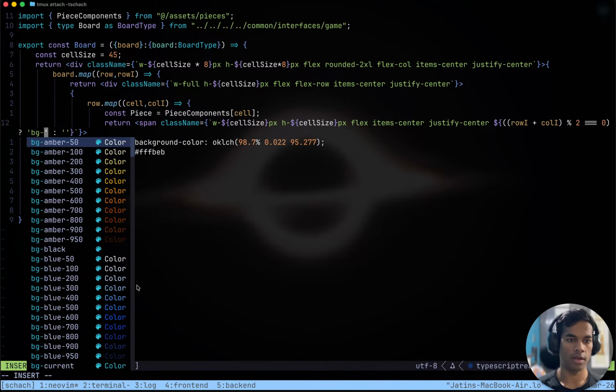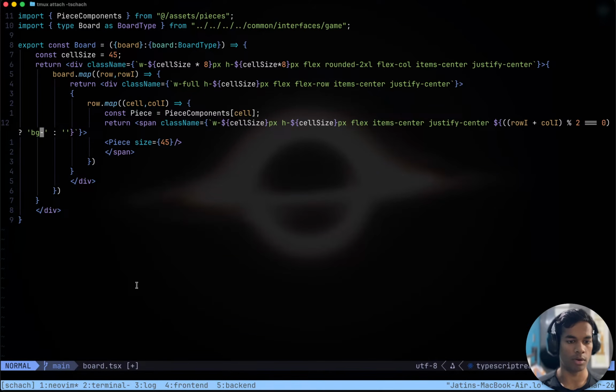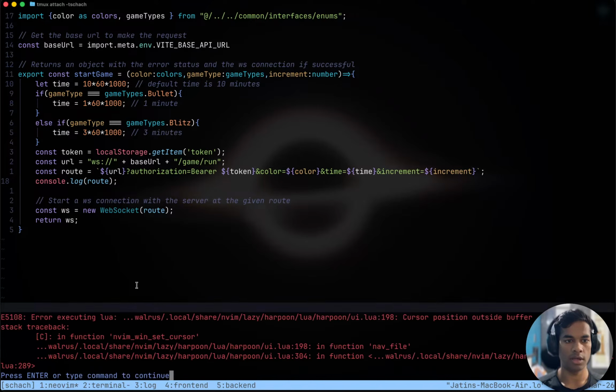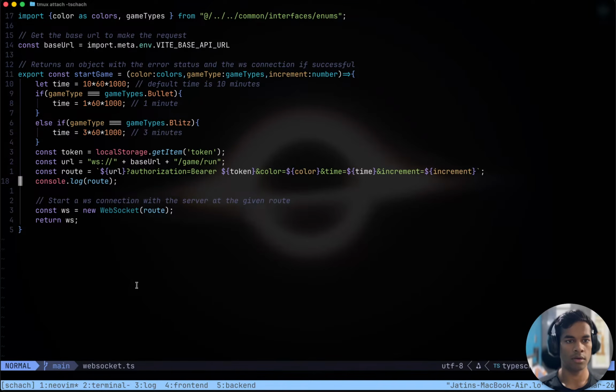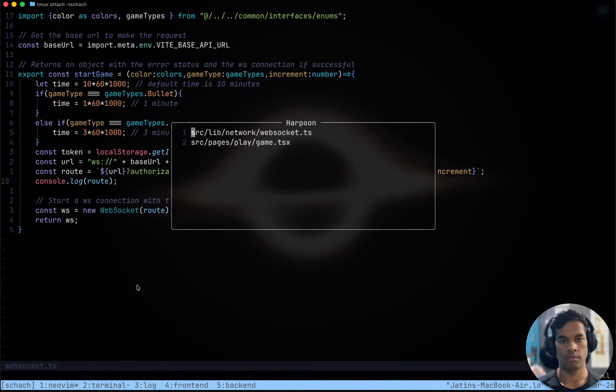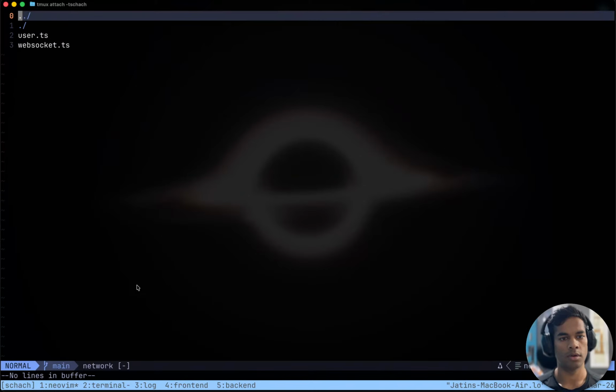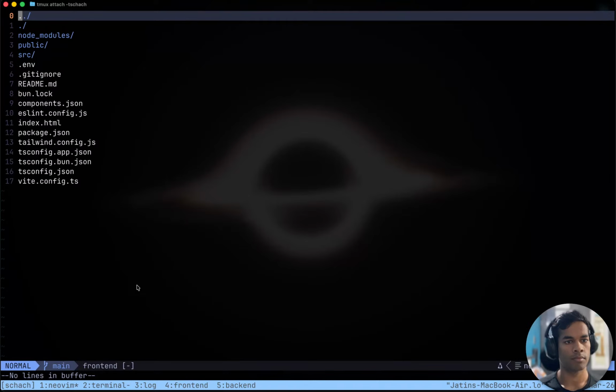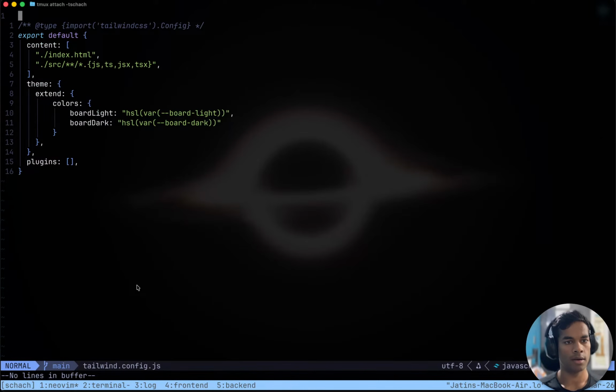Okay, board is not being read by Tailwind somehow. So the mistake might be, okay, Harpoon does not have the files. Tailwind config. Okay, I guess this file is not being read. At the rate type import.